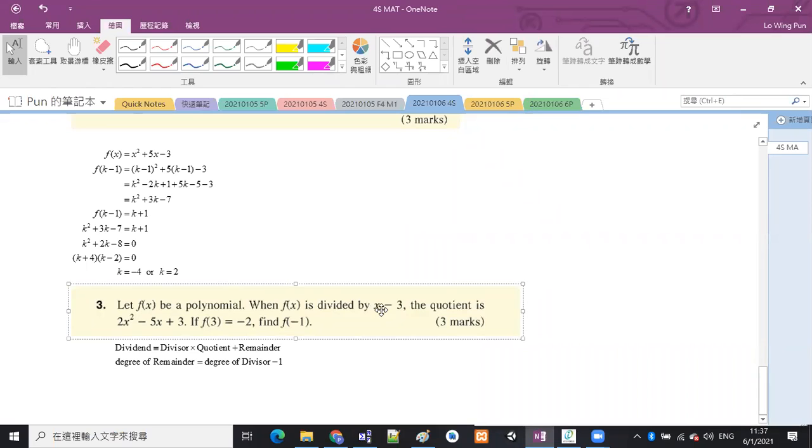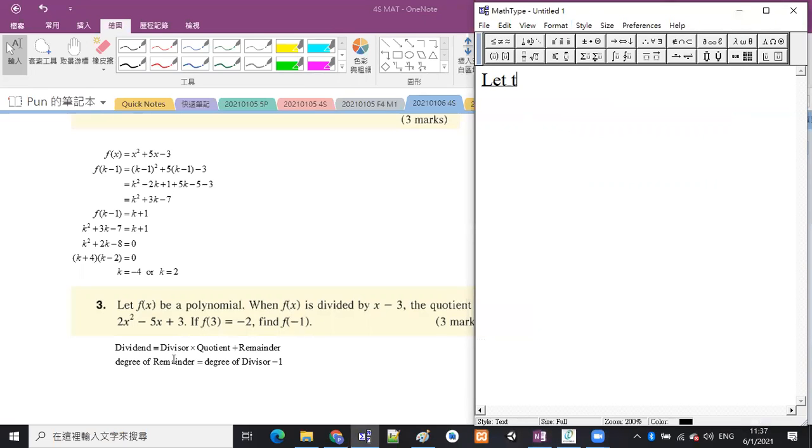And then the degree of the divisor is equal to 1, which means that the degree of remainder is equal to 1 minus 1, that is 0, okay? Degree 0 means it is just a constant. That means we can let the remainder be just an